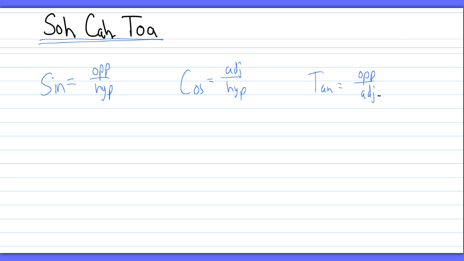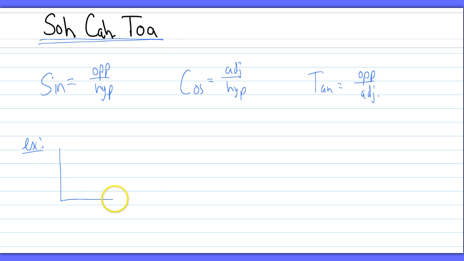So we're into a trig unit now, and really trigonometry is the study of the relationship between sides and angles, particularly in right triangles. We've looked at how to classify sides as opposite or adjacent or hypotenuse, and we're going to use that today to help us get into some of these trig functions. For example,